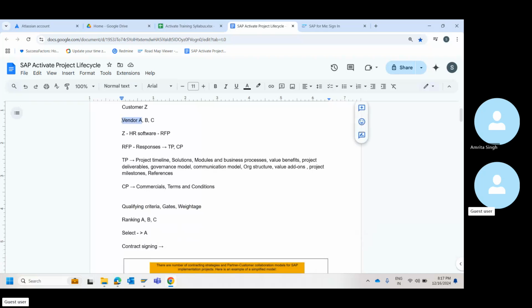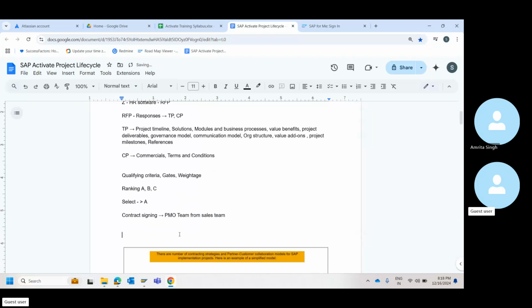In vendor A, that's when the project manager will be informed, or sometimes this will be part of the business head only, business and sales. And from sales, after you sign the contract, it comes to the project management team, the PMO team.